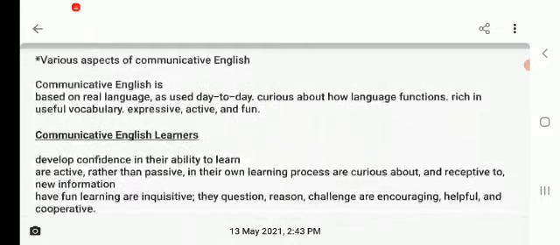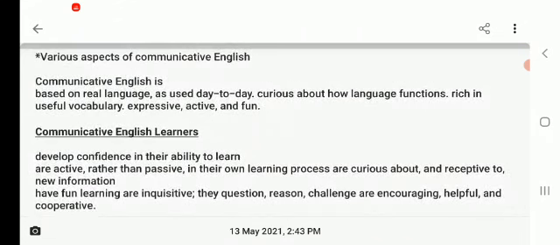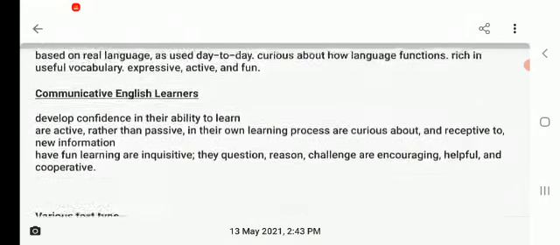It is very real language that is used day to day, with curiosity about how language functions. What are the functions of various languages? Rich and useful vocabulary, expressive, active, and fun. So it is very important to have the aspect of English in a communicative form. Communicative English learners,